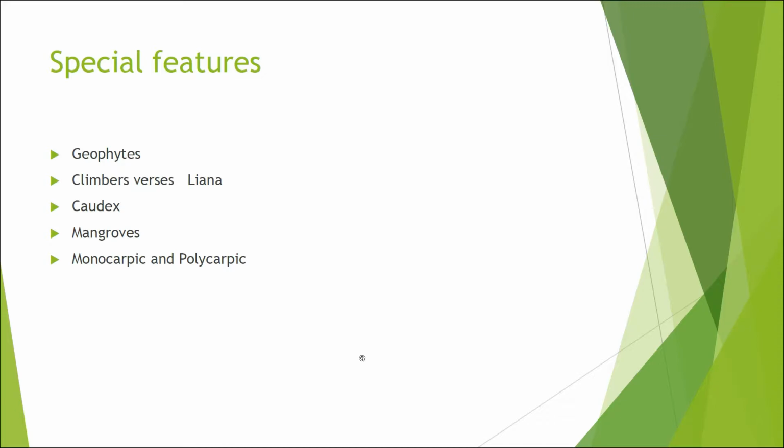Liana. What is liana? Liana is a vine that is perennial and woody, and they form the top layer of some tropical forest. Example, bougainvillea. Climbers versus liana. Climbers will have some climbing devices to climb over to anchor on to the support, whereas lianas will have the woody stem and they will grow on the tree. Lianas are major components in the tree canopy layer. Climbers would be either herbaceous or woody, whereas lianas will be always woody.